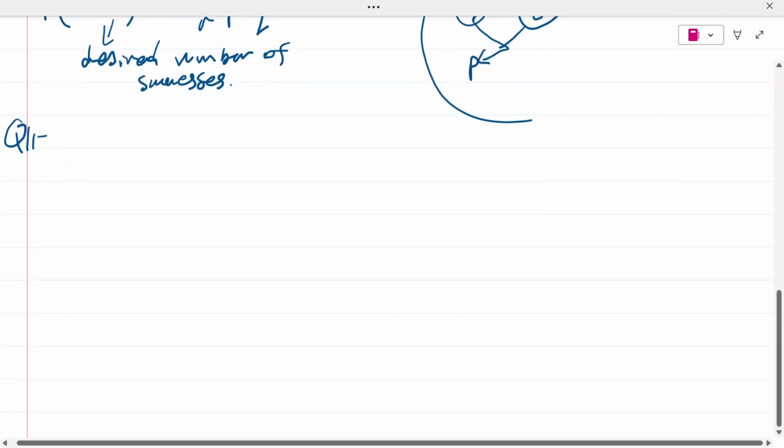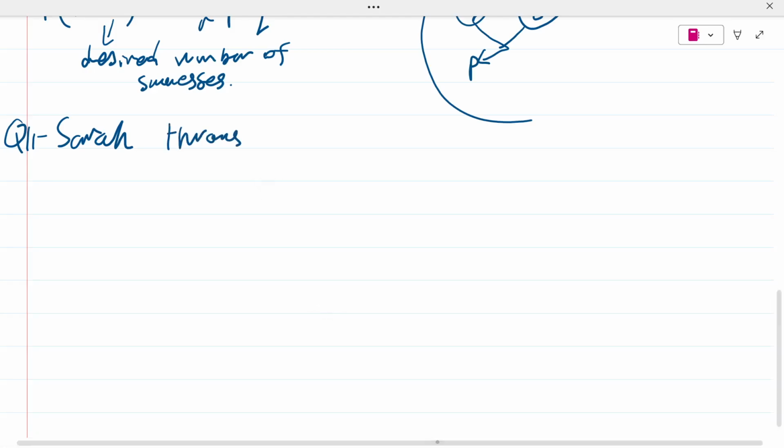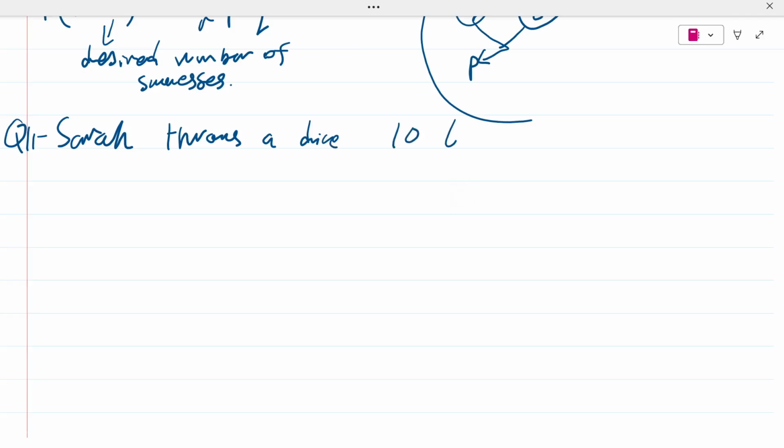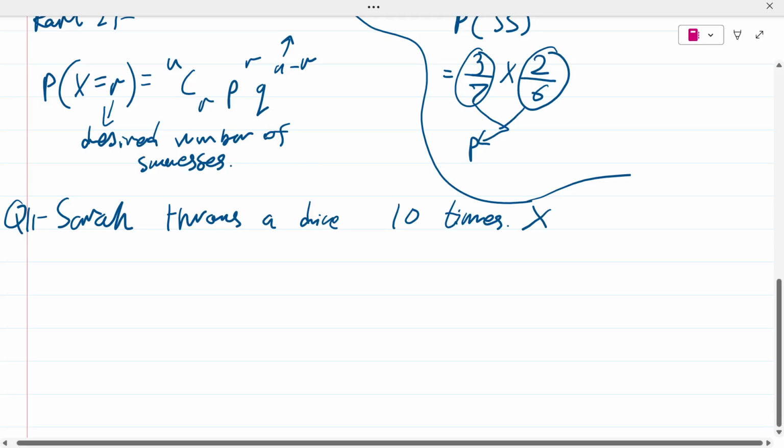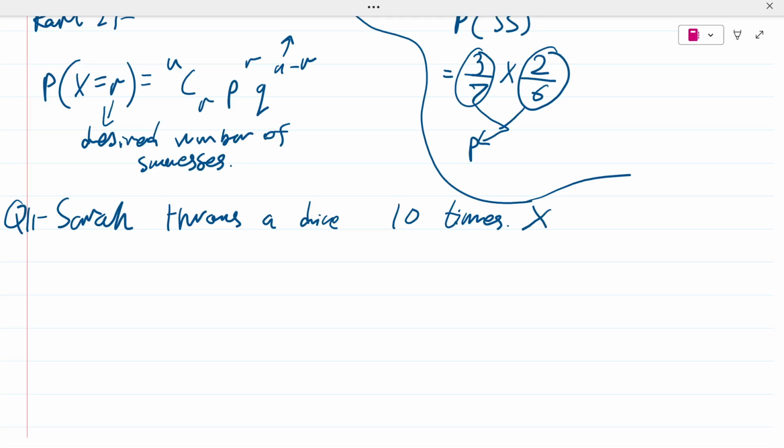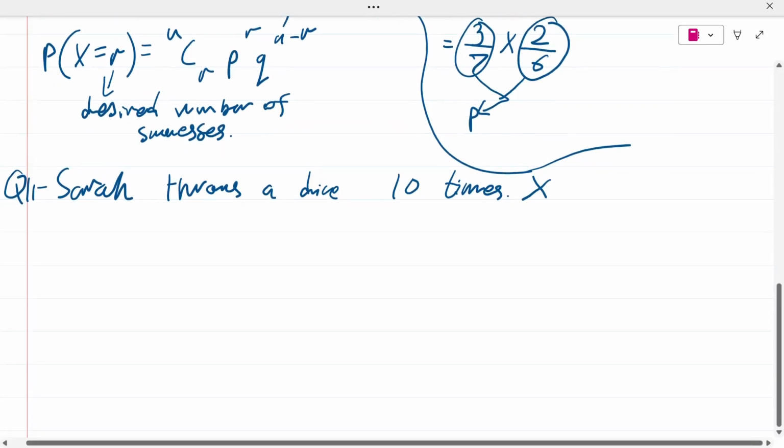So let's say, again, let's do Sarah this time, okay? Sarah throws a dice, let's say 10 times, right? Now look, X, this thing, X, is what we call the random variable. And the random variable is something we also learned about in the probability distribution tables, right? Now look, Sarah throws a dice 10 times. X, which is the random variable, denotes